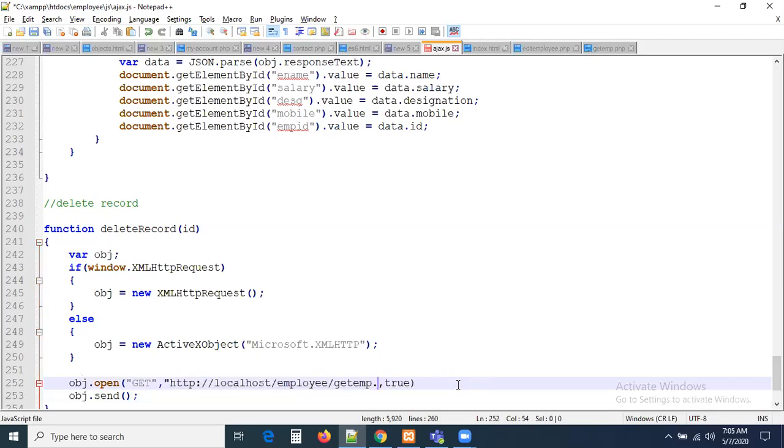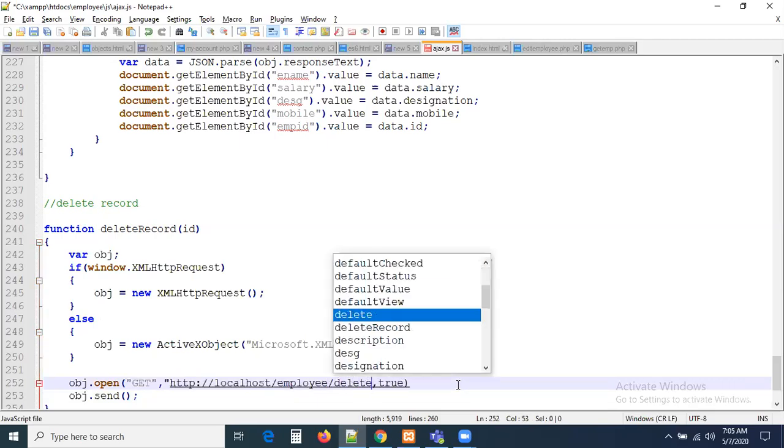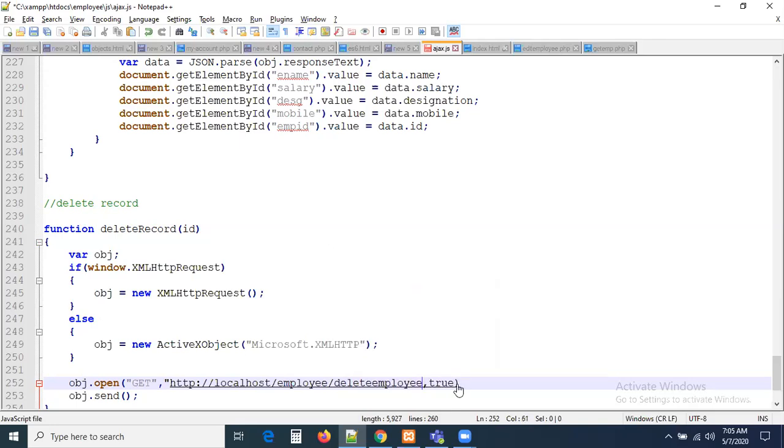I think this request should go to deleteEmployee.php. The request should go there, but you have to pass an id to it, right? Otherwise, by clicking this you will go to deleteEmployee.php, but in deleteEmployee.php, which record do I need to delete? You have to pass the id. Earlier we passed an id in edit employee, we passed an id to getEmp. Why? Because I need to get the employee information which you clicked. In the same manner here, I have to pass this id. What is this id? The record you are going to delete. That record id also should be passed here.